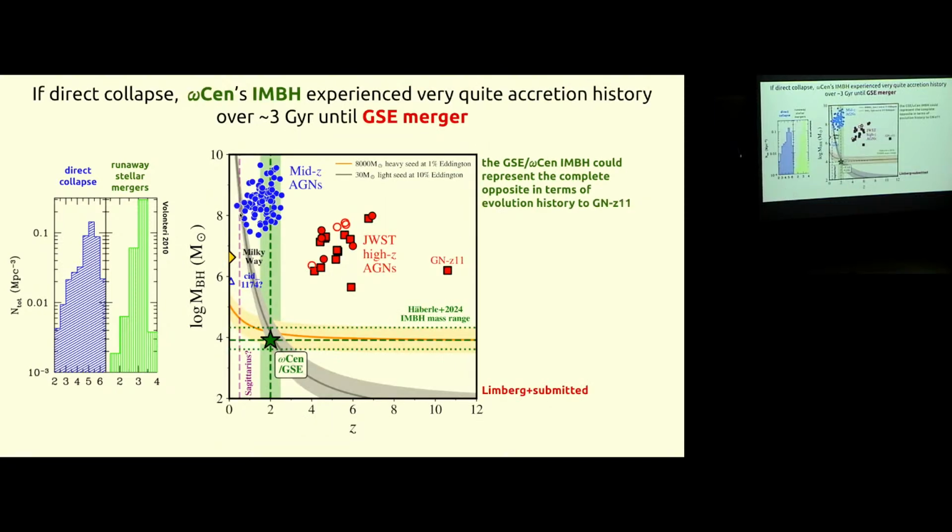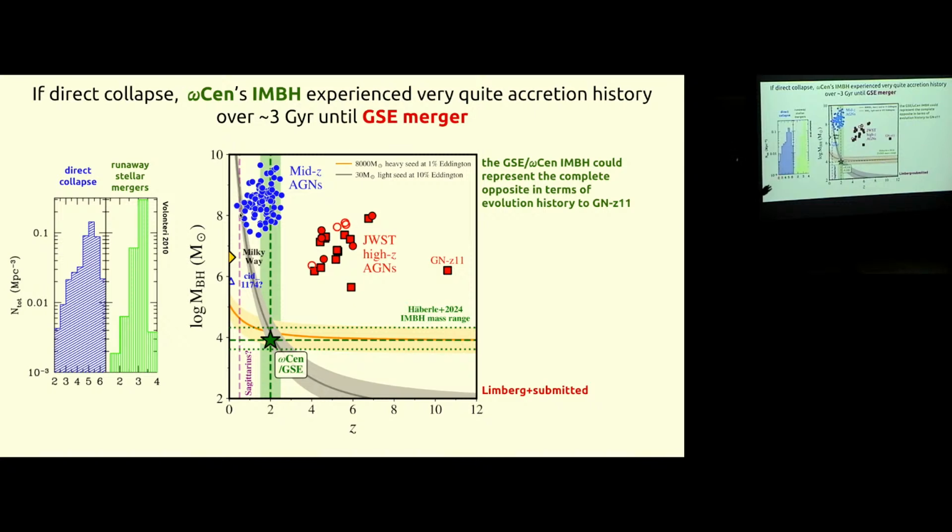But then another thing that is interesting is that this black hole has such a low mass that it is very difficult, actually. I mean, these are very simple calculations that I made, but it is very difficult for you to explain the mass of this black hole with direct collapse. Because if you produce something with direct collapse, which has like 10 to the 4 solar masses, in this case I'm initiating this calculation in orange with a heavy seed of 8,000 solar masses. And if you accrete at only 1% Eddington rate, you would have this evolution line right here.